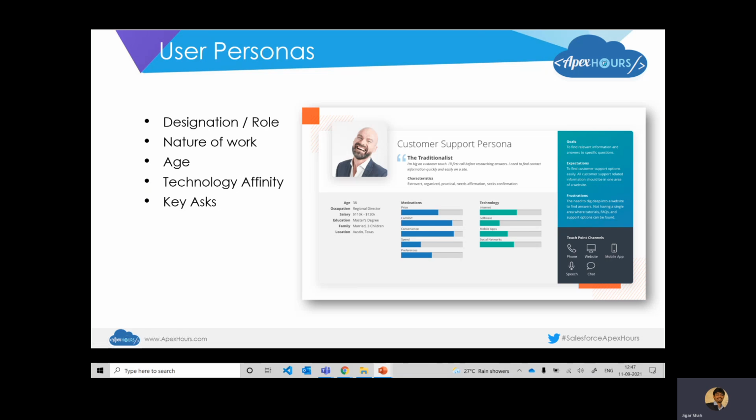He has a certain designation which tells his influence or the nature of his activities. There are certain motivations, which basically mean what is going to make him happy to use the system or the solution that you're designing.